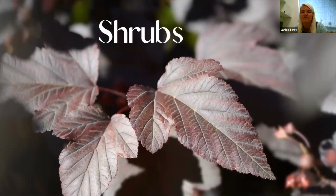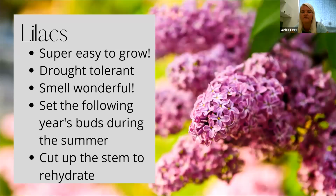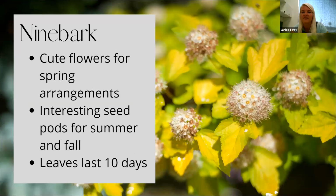But so you have, I think, this is either the Diablo or the wine leaf. But then it also has this little lemon ninebark, where you get these really cute flowers that you can use in arrangements. And then you have these amazing chartreuse colored leaves you can use. And then on ninebarks, after they're done blooming, they put out a really cute brown seed head that's very interesting